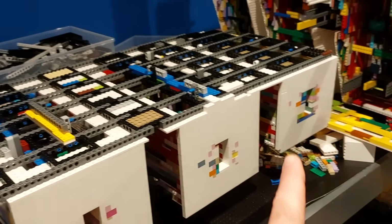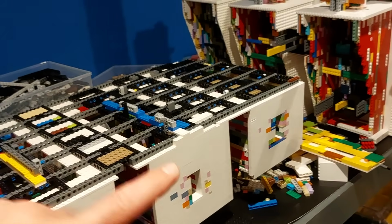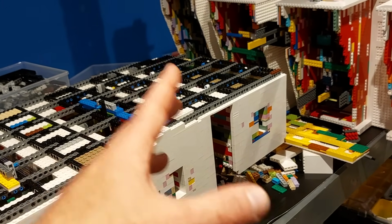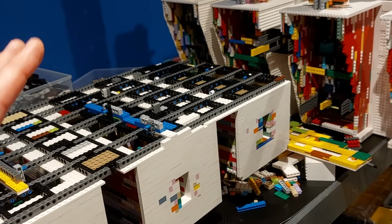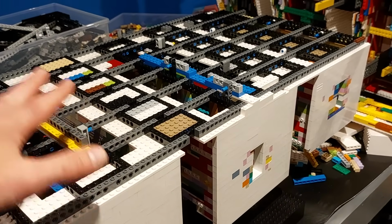Now at the moment this one here is hanging down just a fraction, and that's due purely to the amount of weight on there. It's only 1 Technic brick at the moment that's holding that all in place. Once I put some beams coming this way at an angle, it's going to be almost like the strength of a bridge. I started filling these Technic bricks in here as well,